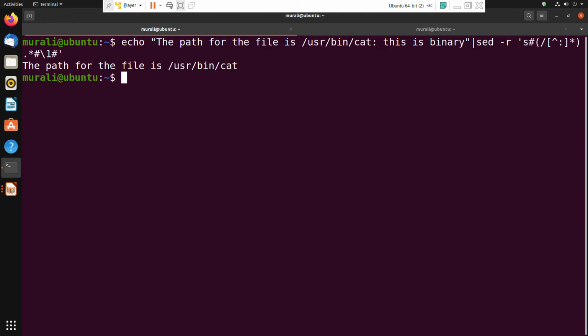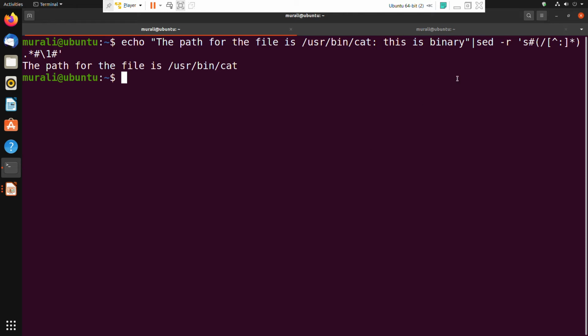\1 means the forward slash followed by zero or more occurrences of non-colon characters.